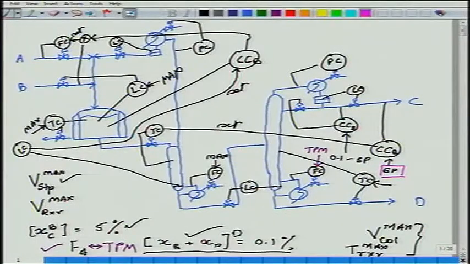What would be a reasonable choice for B impurity in the product? I think it will be the other way around. Why will it be the other way around? We could also think of it like this: if from the stripper the B is leaking down, it is essentially ending up in the second column product. So the lesser the B is coming from the stripper, that means the reactor is producing more D stuff.